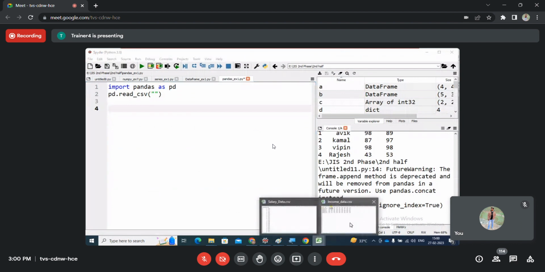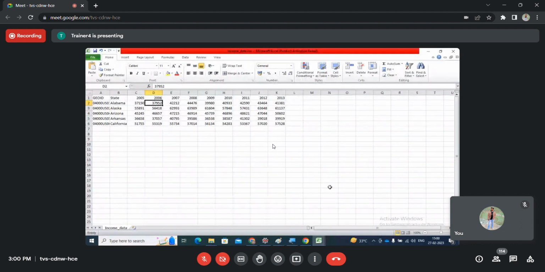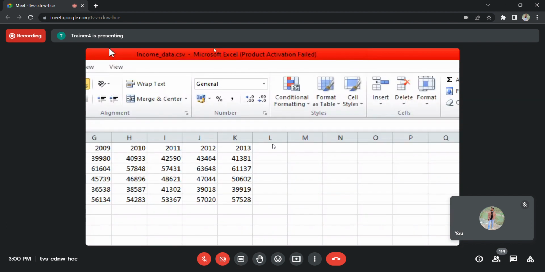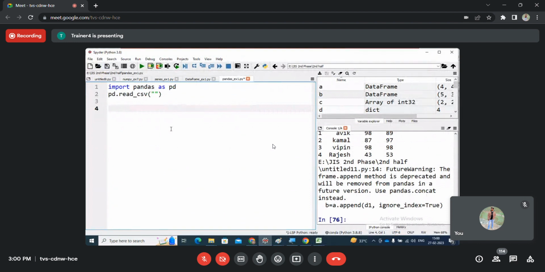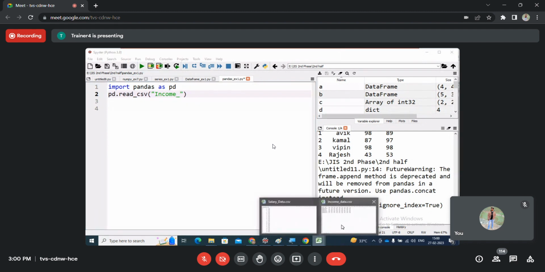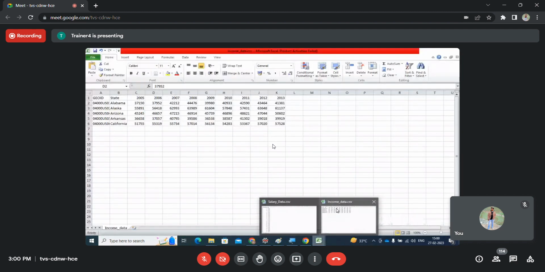What is the name of the file? income_data.csv. Check it. income_data.csv, isn't it? So here, remember one thing. If we save the CSV file and the Python program in the same directory, at that time we need to pass the file name as a parameter to that function. What is the name of the file? income_